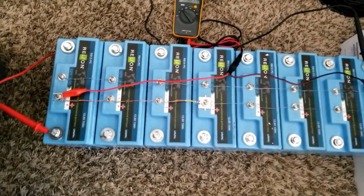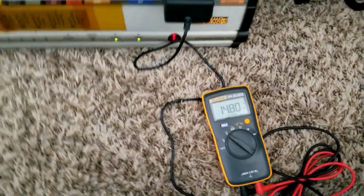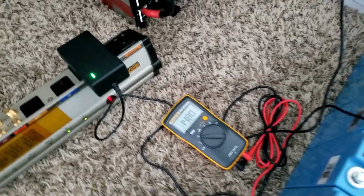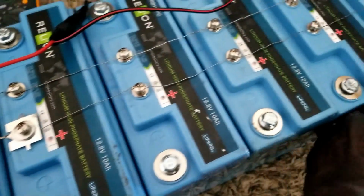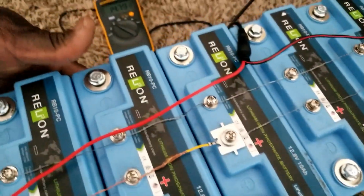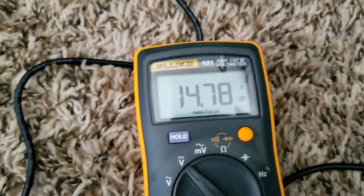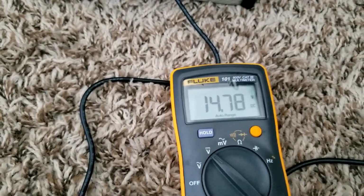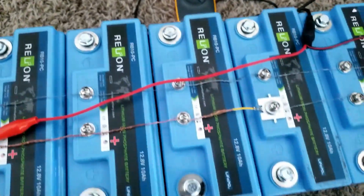Interesting. So this is the reason why I always try to go with BMSs that come with the manufacturer. It doesn't mean they don't fail, but they are rated for it. And the batteries are really cold, because I can feel the side of the thing, and the voltage, sorry, is dropping, because we were -8 this morning here in Minnesota weather, and right now